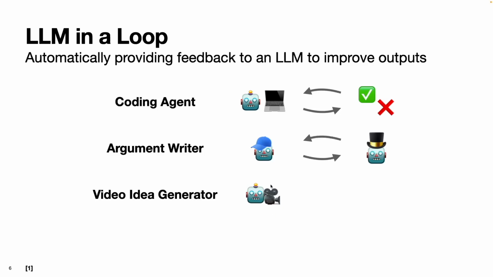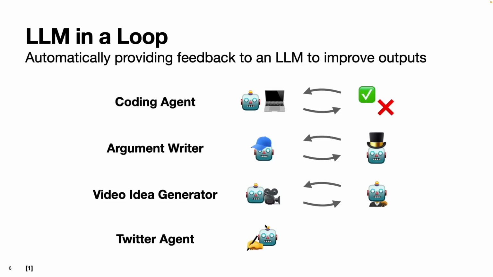Another version of this is maybe you want an LLM to come up with video ideas for you, but a lot of times the video ideas that directly come from an LLM aren't so good. So maybe you'll have an LLM judge that is aligned on user preferences. So let's say this idea generator comes up with 5 different ideas, and then this judge LLM picks out the best 3 ideas and passes that back to the generator, who generates a few more ideas, and that gets passed to the judge again, who again picks the top 3, and then this gets passed back to the idea generator, and this loop continues until you have a refined list of ideas.